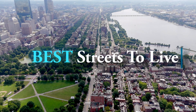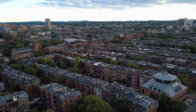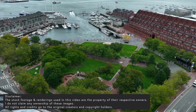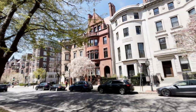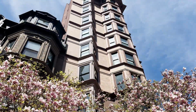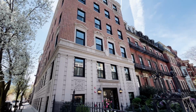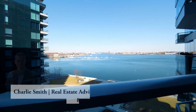Picking the right area is super critical, but can be daunting since Boston neighborhoods are small, yet every street feels completely different. To save you time and give clarity, I'll walk you through the very best streets that truly define Boston living, so you'll know exactly where to zero in on your next home. These streets are the best for residential living, featuring some of Boston's most exclusive and expensive homes, each with its